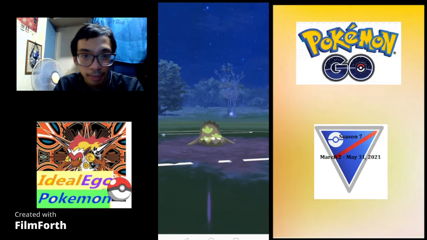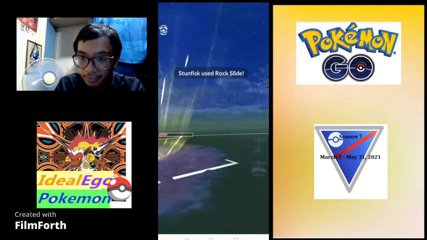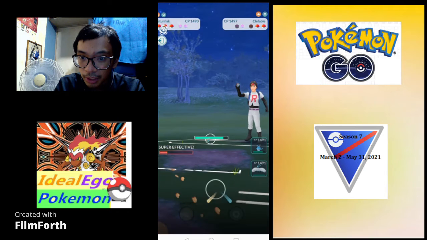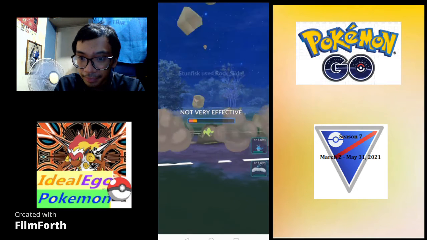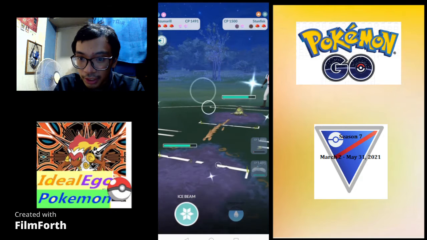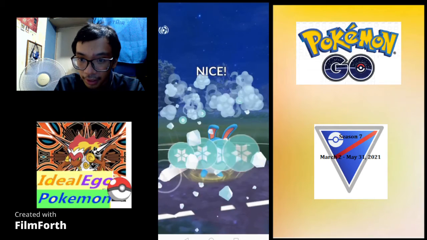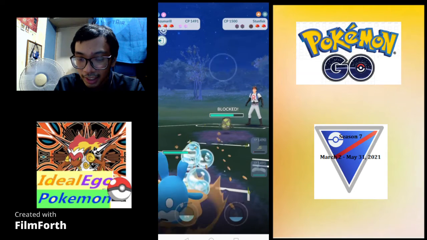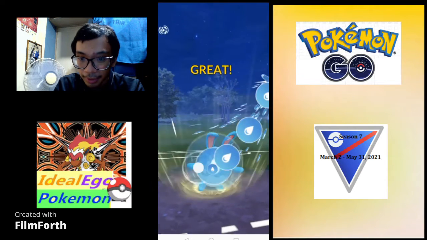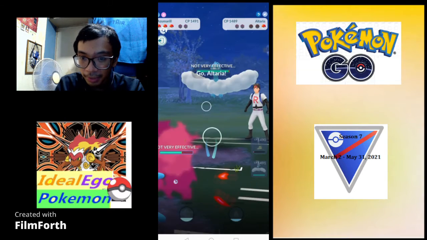Therefore, I will just use my Ice Beam to hopefully get his last shield, which just leaves me with my second move, Hydro Pump, to hopefully land on him. Okay, I use my first shield, and out comes my Hydro Pump. But before that, I'm going to have to actually shield this Rock Slide, not taking any chances, because I have to be ready for his last Pokemon. So now Azumarill lands a Hydro Pump on that Stunfisk,